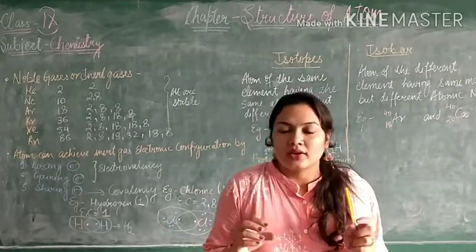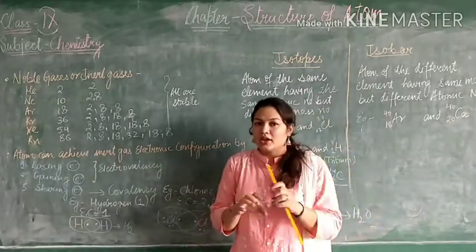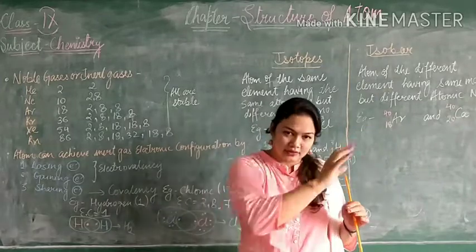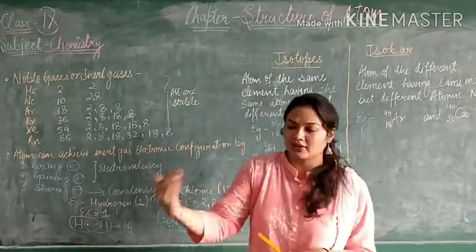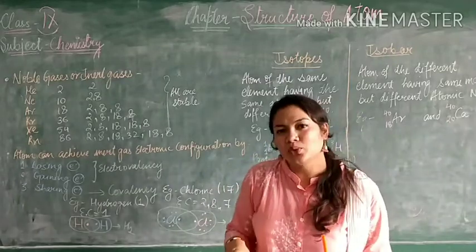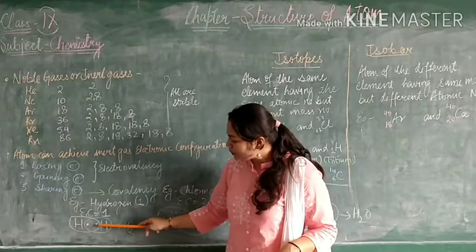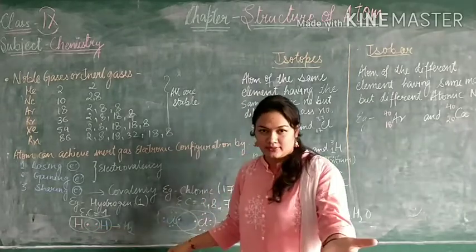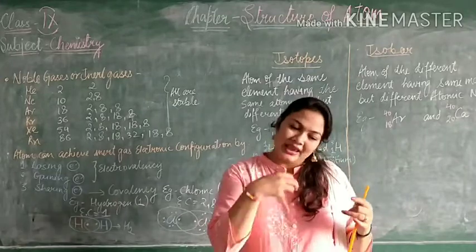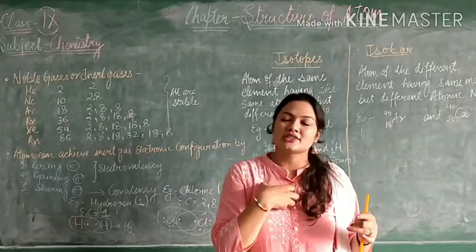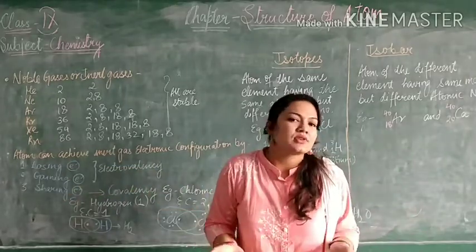So what does hydrogen do? It doesn't go far. Hydrogen doesn't ask from others first. He asks from his own party only, that is hydrogen only. He asks another hydrogen, can we do this? You are also having 1 electron and I am also having 1 electron. Let's share it. If we share, I will be having 2 electrons and you will also be having 2 electrons. So we can share it, and 2 electrons are stable.